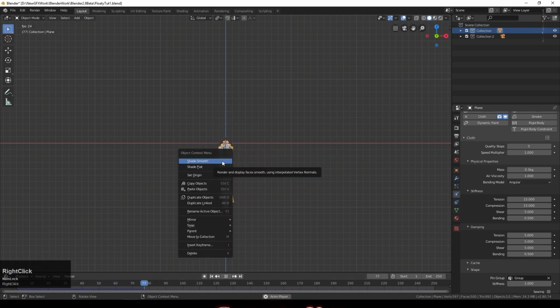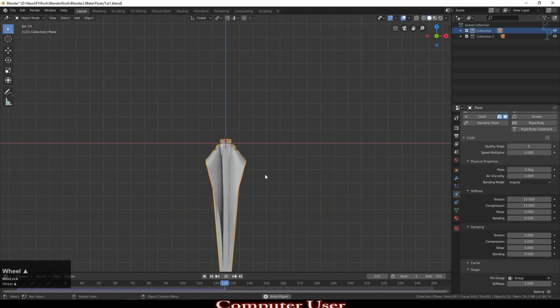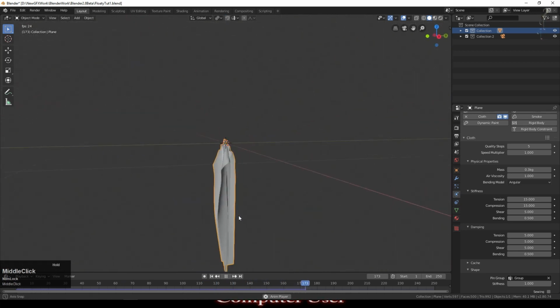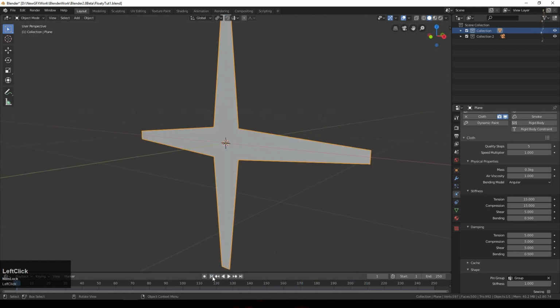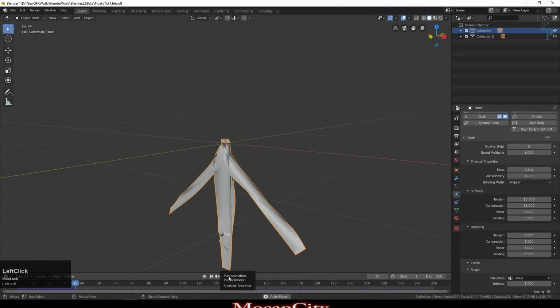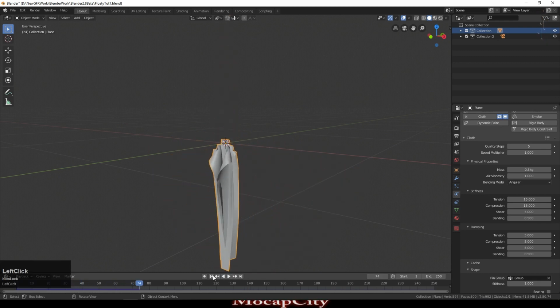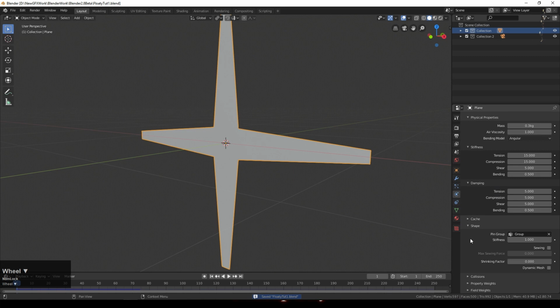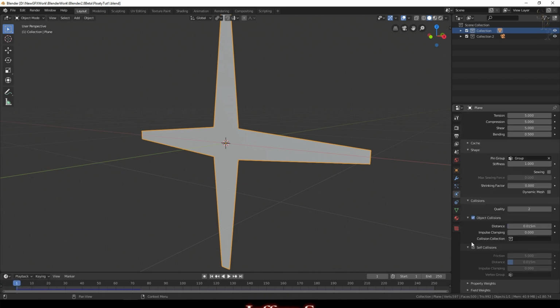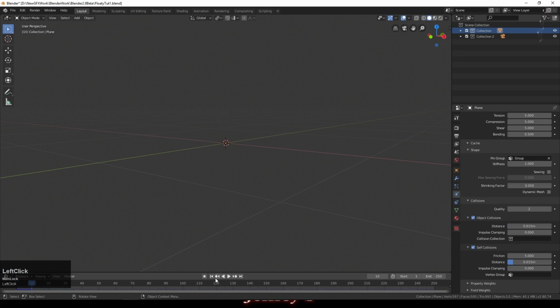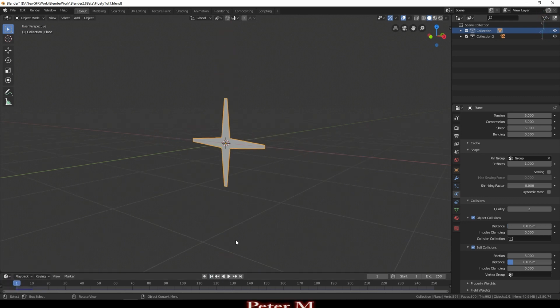And if I right click on there, I can say shade smooth, and it's starting to look a bit like something made of cloth, except it's passing through itself. So we can come on down to collisions, and we can say self collisions. If we press play at this point, it's not uncommon, especially with very simple shapes, to get errors. And we're getting an error here. It's just going off into outer space or something like that.